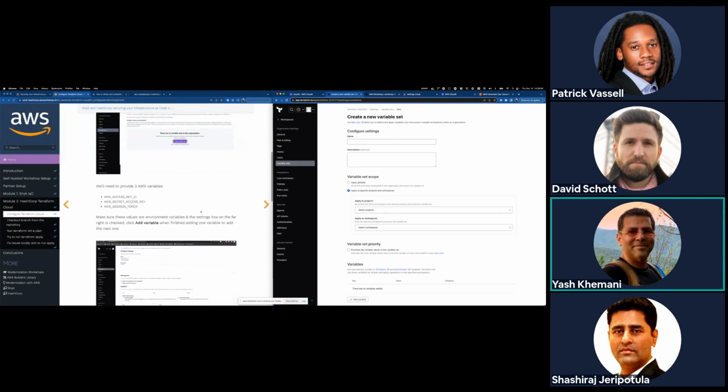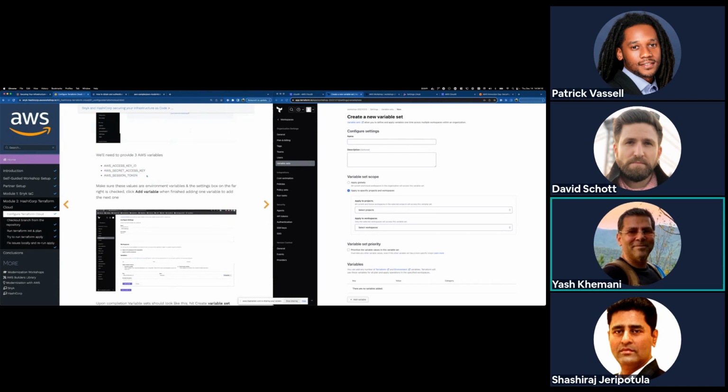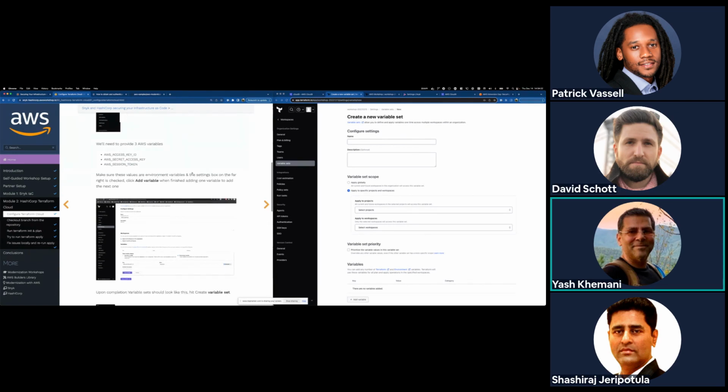We're going to need to set, depending on what you have, your AWS access key ID environment variable, your AWS secret access key environment variable, and possibly your AWS session token environment variable. In what I generated in this lab, there was no AWS session token. It was just the first two. So please use what you need for that variable set according to your environment.